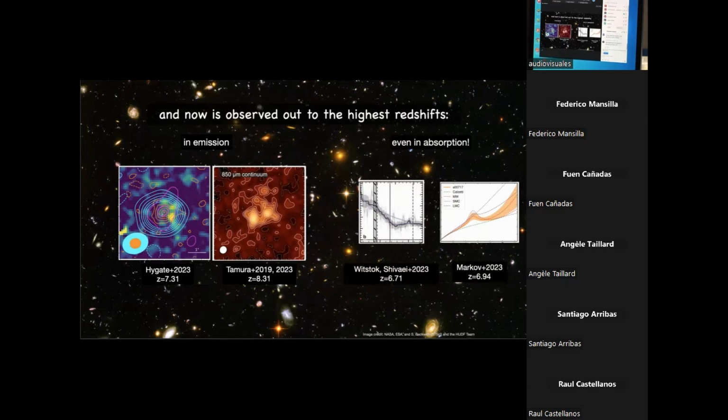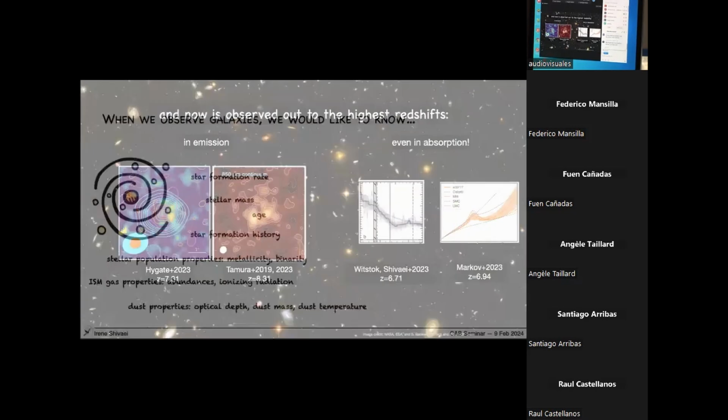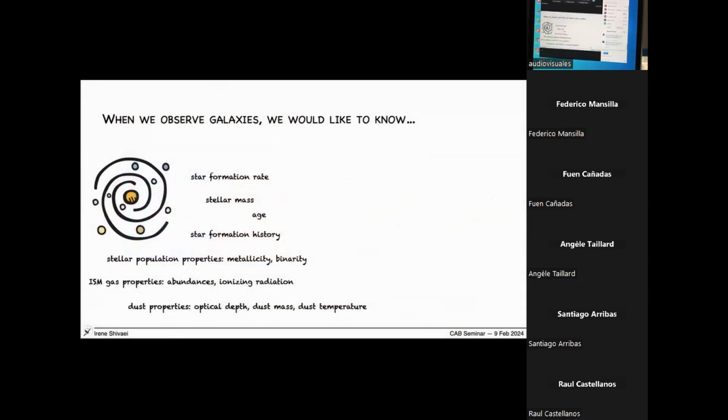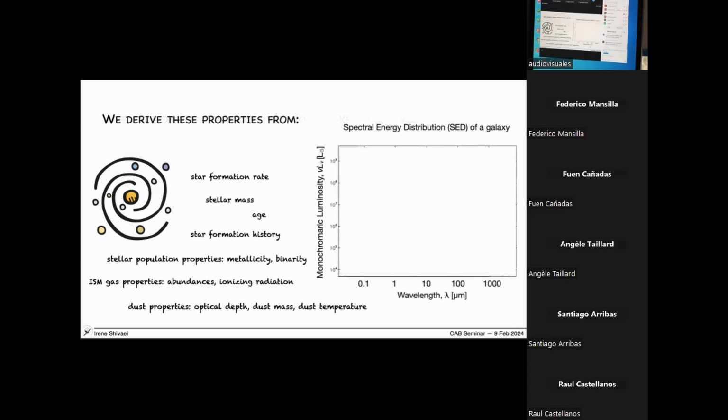And we know that it has important roles in galaxy evolution and star formation in galaxies, but how can we better study it observationally? As an extragalactic astronomer, however you want to study galaxies around us, you would need some of these parameters that are listed here. You might be interested in the star formation rate of galaxies, in the stellar mass of galaxies, or properties of gas in the interstellar medium. To understand these properties, we look at the spectral energy distribution, or SED, of a galaxy, which is light on the y-axis as a function of wavelength for galaxies.